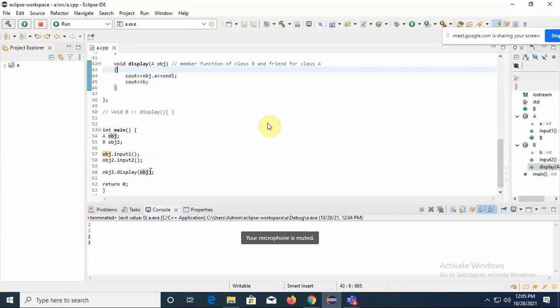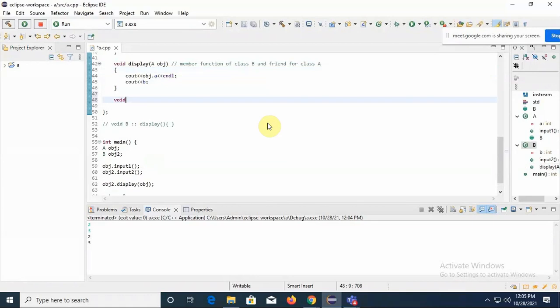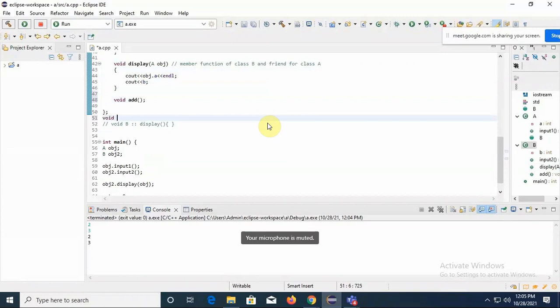Now I can do one more thing. I can add here a function void add, and this function definition I can write down outside, void B scope resolution add, and here I will try to add those two.